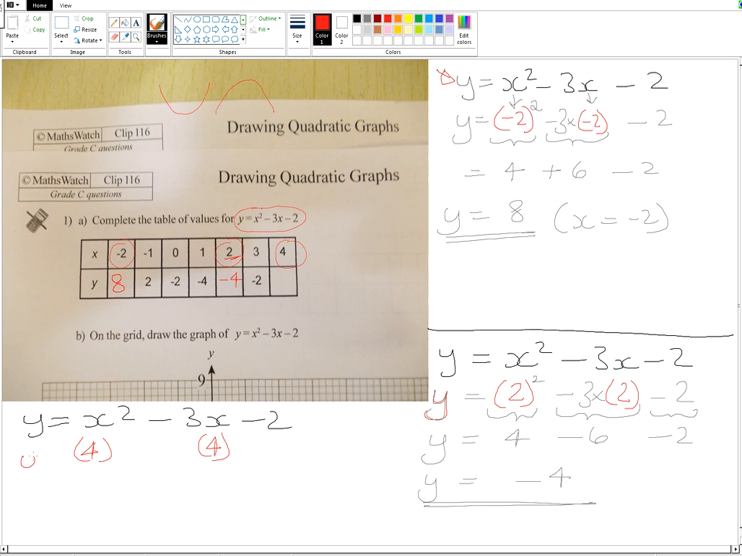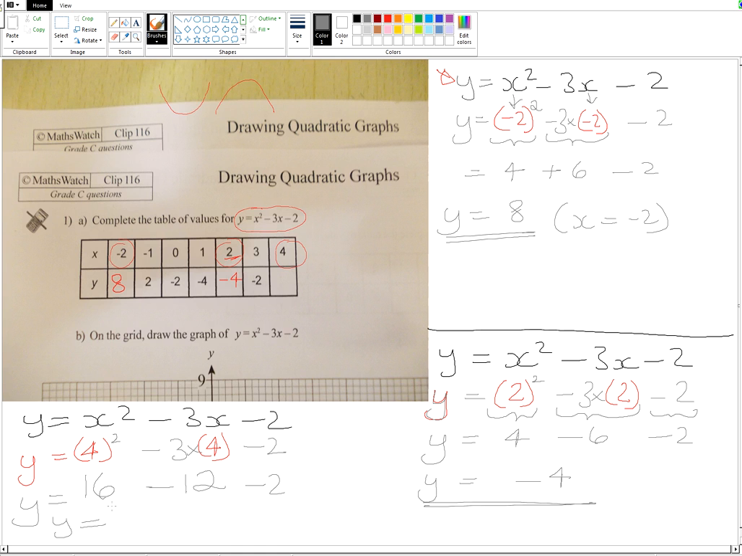So we have now y is equal to 4 squared, x squared, which is 4 squared, minus 3 times the x value. The x value is 4. Minus 2 stays, copy down. So we have 4 squared, which is equal to 16. Minus 3 times 4 is minus 12. Minus 2 is already there. So here y is equal to